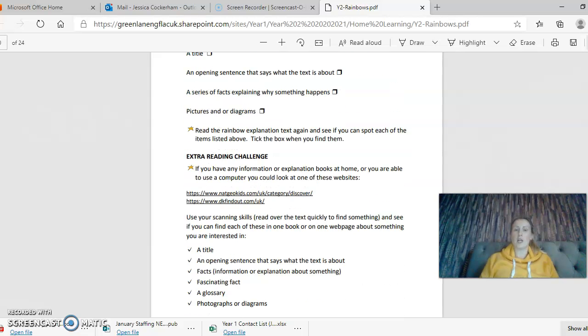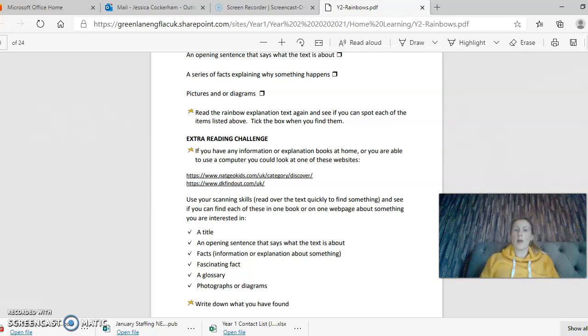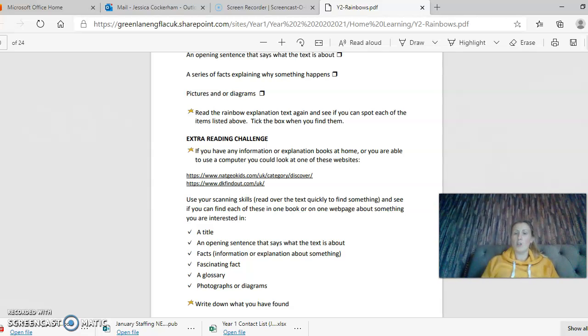There's also an extra challenge. So if you have got any information books at home, or you can use the computer, you can click on this here, or you can type this in. I might share this whole booklet actually with you, because then it might be easier for you to click on the link and see if you can use your reading skills to find this information. So see if you can find a title, an opening sentence, and then I want you to write down what you found. So let me click on this